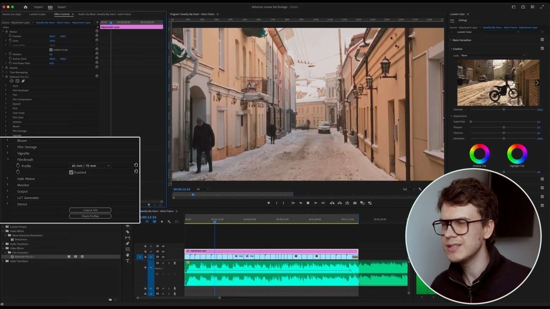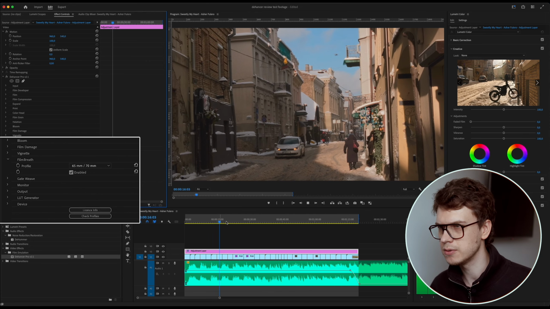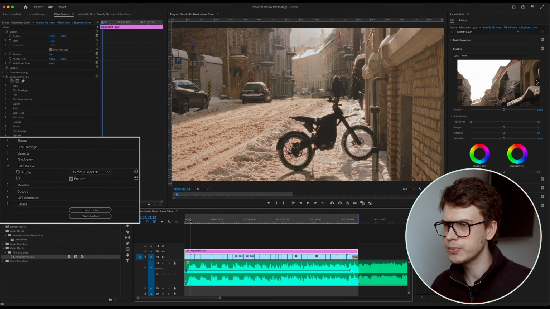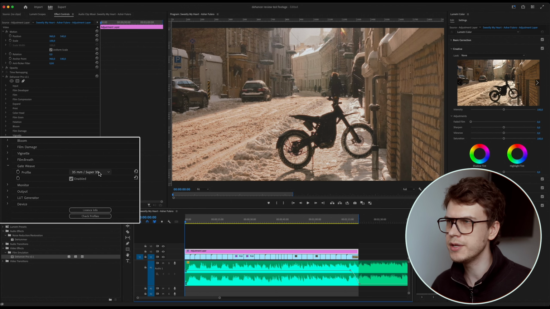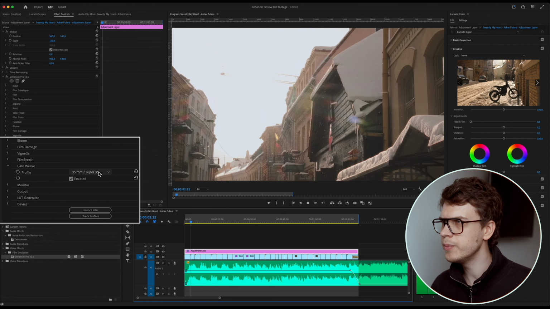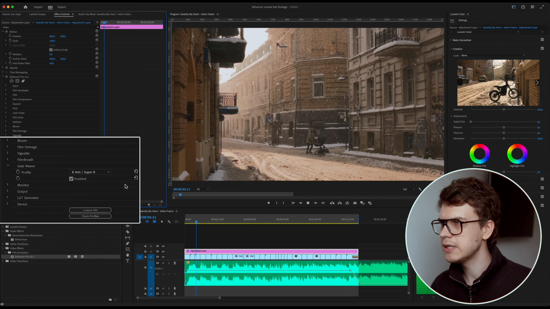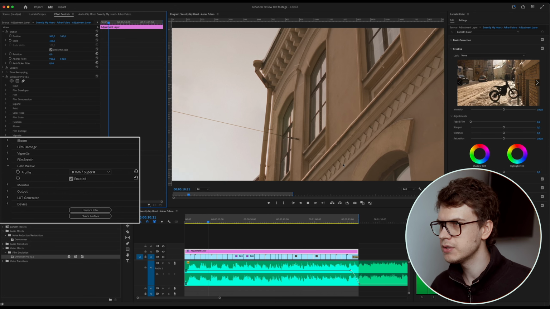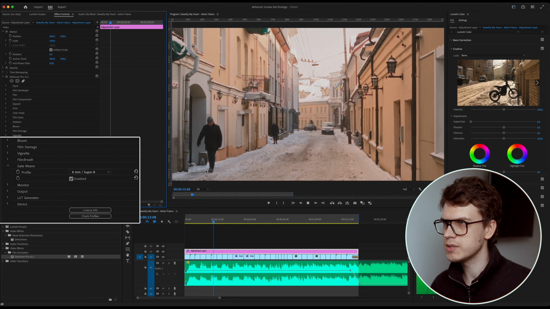Oh, I see them, but it is really subtle. And also the other one I want to show you is gate wave. I believe it gives that a little slight crop to the video, but in return it gives that slight movements to each shot. Unfortunately, I shot handheld with optical stabilized lens, so my footage already was a bit shaking,